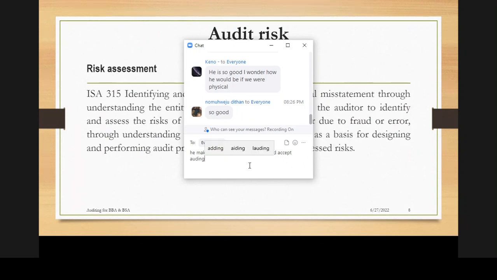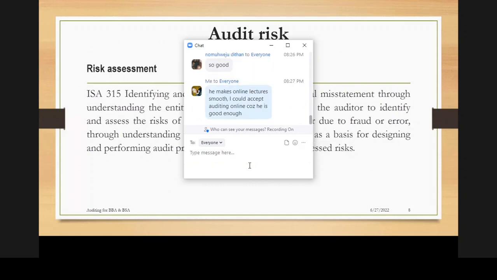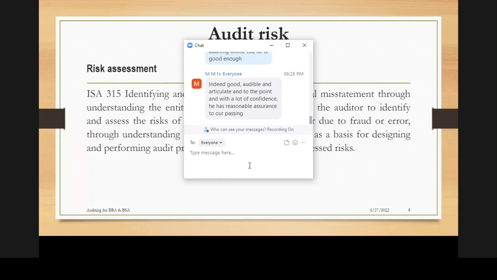For example, you might be auditing a construction company, or let's say a government project where there's a construction being done, and you're supposed to audit that construction, right? And you are not an engineer. You cannot ascertain whether the stage of completion shown, and which was paid for, is actually what was delivered. So in that way, you need to get the help of an engineer to come and tell you, okay, at this level, I think it is 80%.